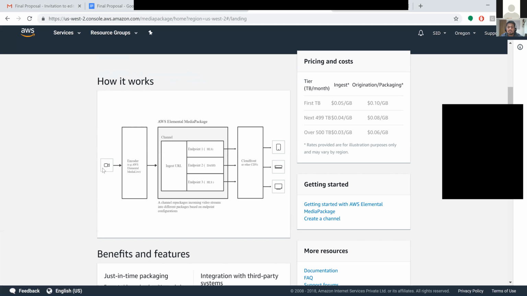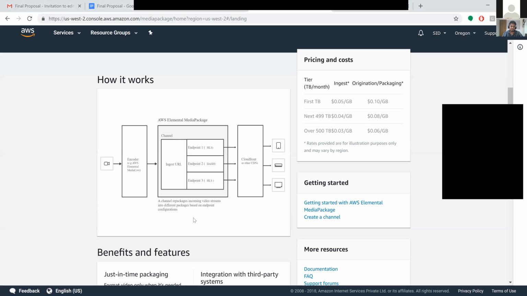After this, it is sent to CloudFront or other CDNs, the content delivery networks, and delivered or broadcast to multiple devices.